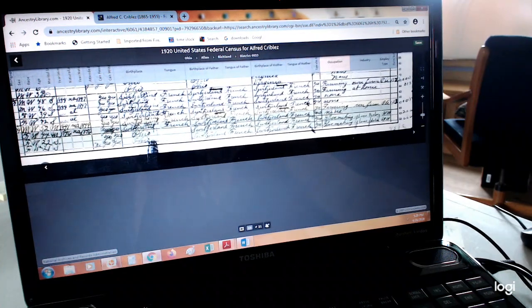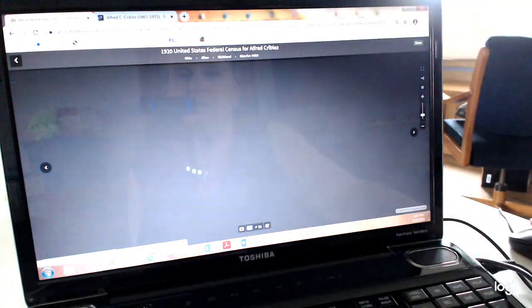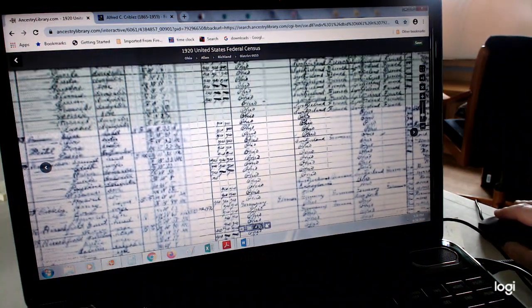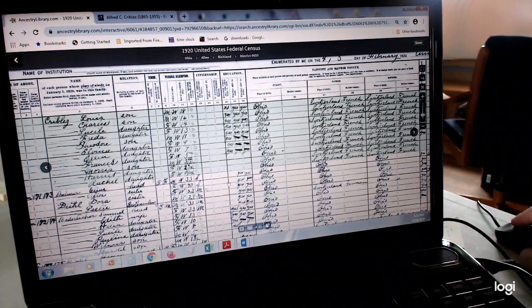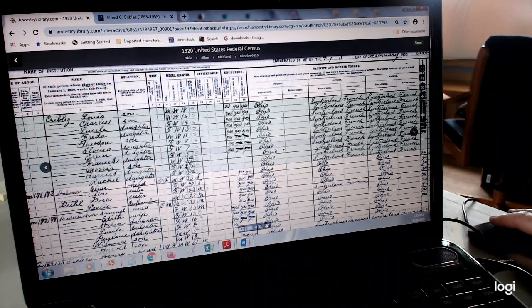And he's still farming. And he has his 2 daughters here working at a glove making factory. We know that he had several children, so let's look at the next page and see how many more they had. Oh, and it's quite a list now. So they had 2 on that page. So they're up to 12.